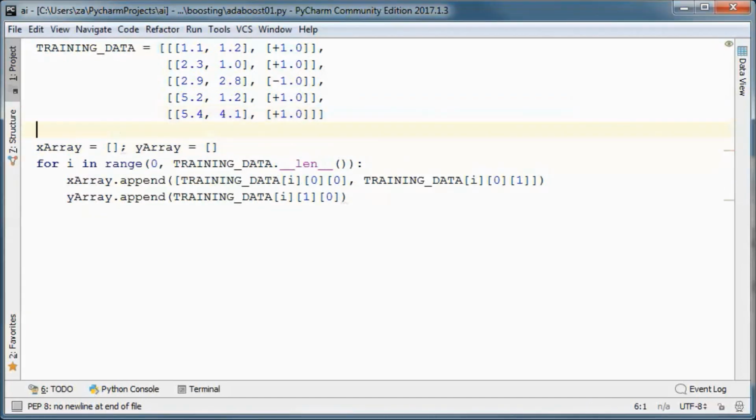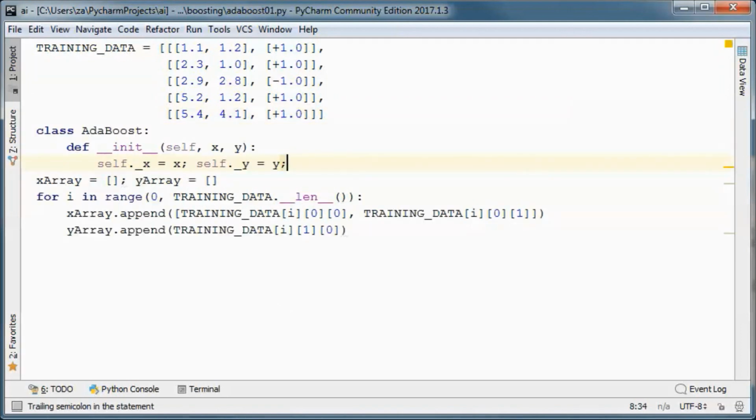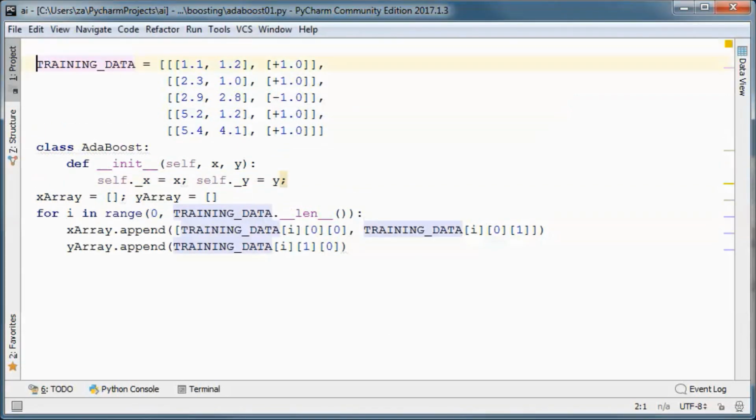And this class will have the AdaBoost logic, and let's go ahead and import NumPy, since we will need to use it here.